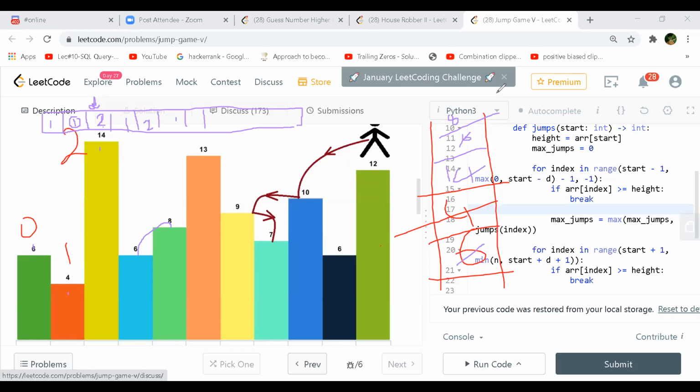So I cannot remove 14, right? Then when I come to 13, I know I can pop out 8, but for 8 I already have 2. So 2 plus 1 will be 3 in this case. Then I pop out 8 also, and now 14 is greater than 13, so I put 13 in that case.